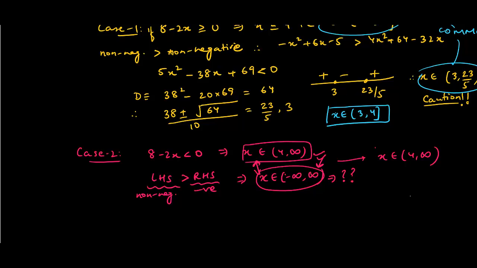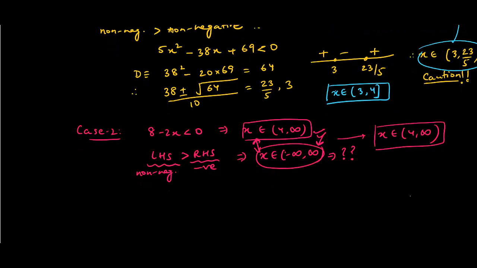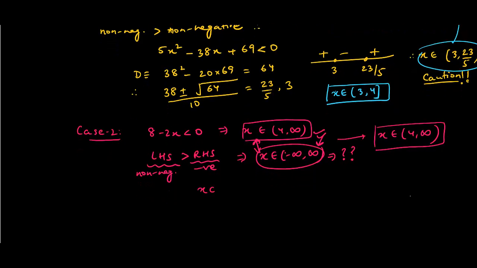So the solution from the inequality gives you that x belongs to 3 to 4 union 4 to infinity, which implies x belongs to 3 to infinity. This is the solution of the inequation, the second component. This is the solution of the inequation. And